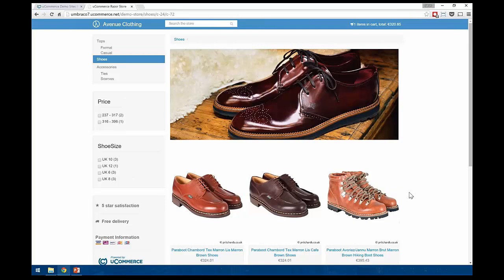What I would recommend to use Avenue Clothing for is as a reference to see how everything goes together. But do review the solution architecture, see how it fits with the way you like to do solutions, because that was not the goal of Avenue Clothing. The goal was to keep everything simple, easy to follow, and so you can see how all the APIs work.